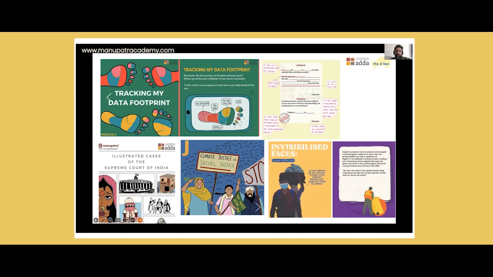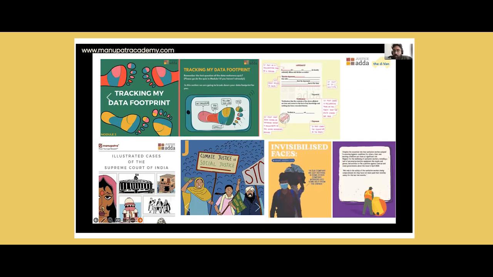So, for instance, if you spend time on Instagram, if you spend time on Twitter, we also want to give you a sense of how your activities determine how you are then offered suggestions in terms of the algorithms that you are engaging with. So, we want to find relatable ways to think about the law and think about the ways in which the law systematizes and structures relations in our lives.